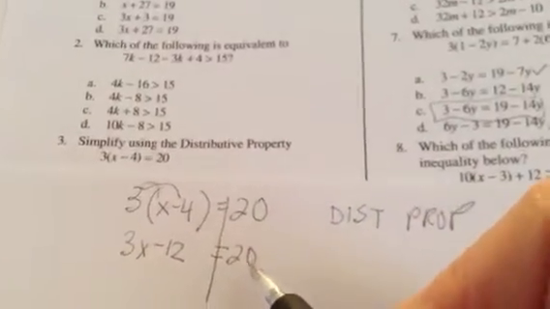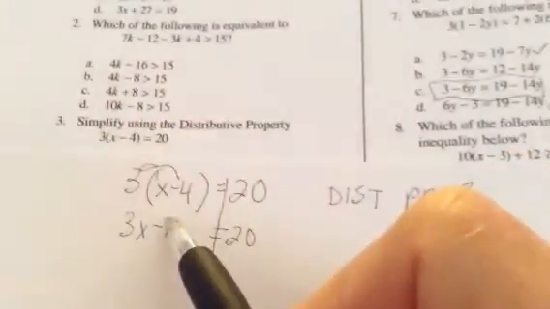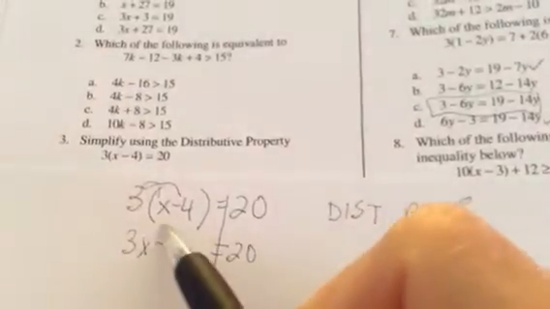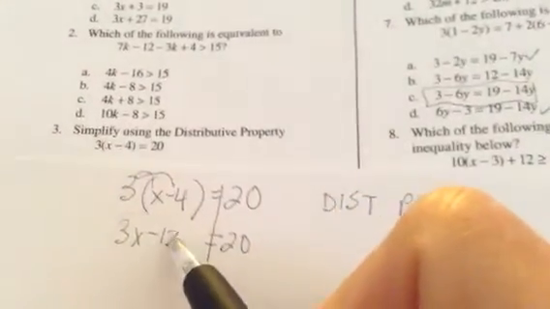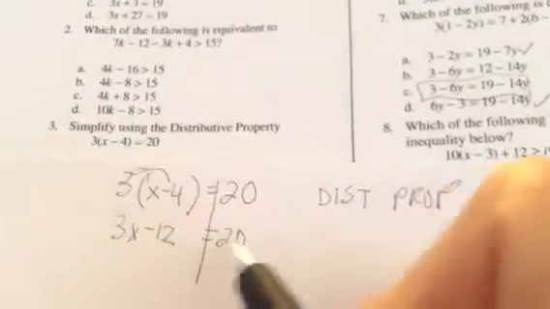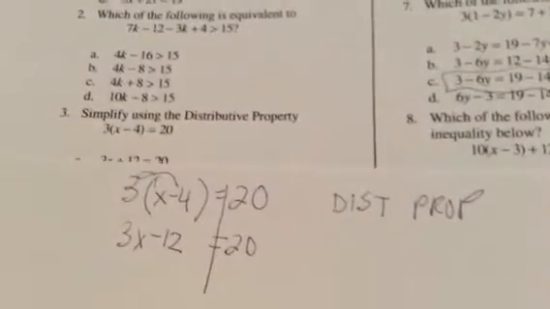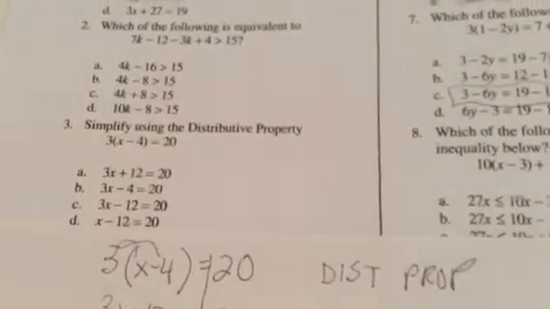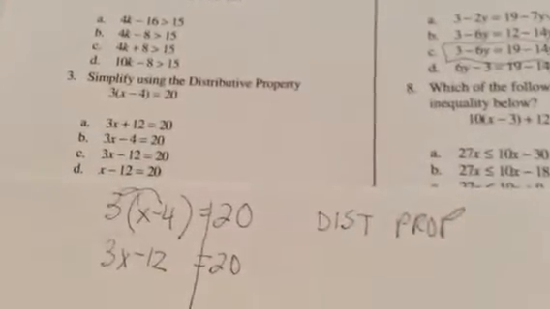And now I would typically combine like terms, but these are not like terms. I can't combine them, and I can't combine this with this because they're on opposite sides of the equation. This is my answer. Let's see if we have this anywhere. 3x minus 12 equals 20. Letter C. Number 4,